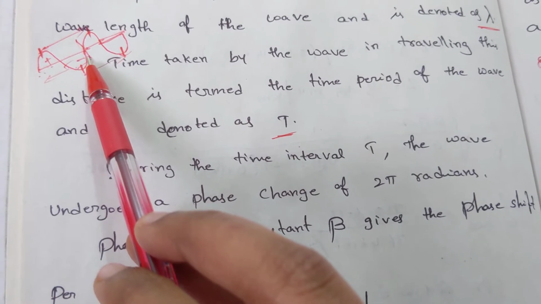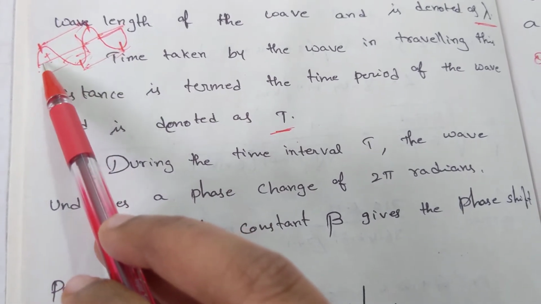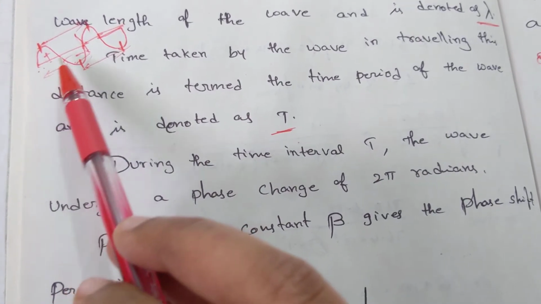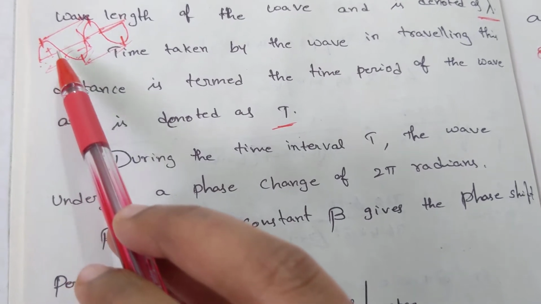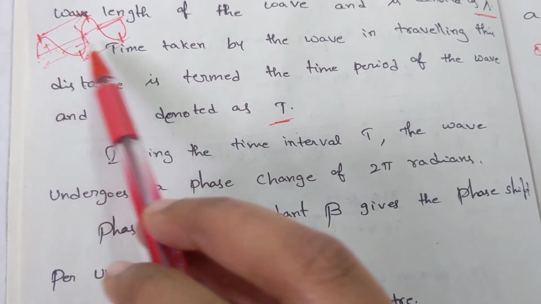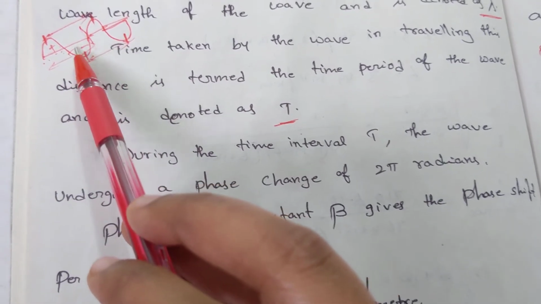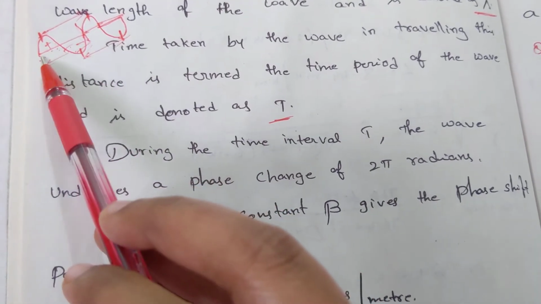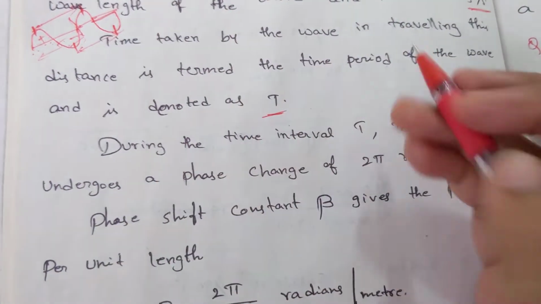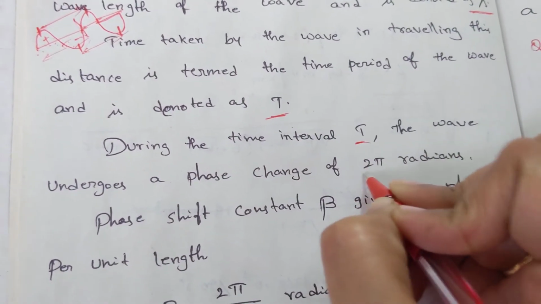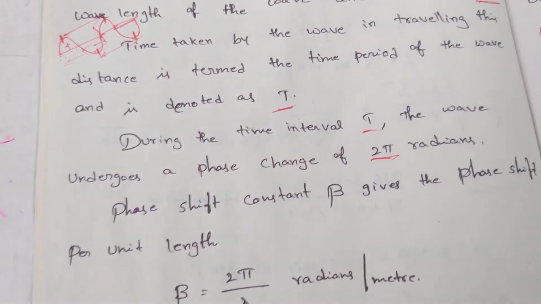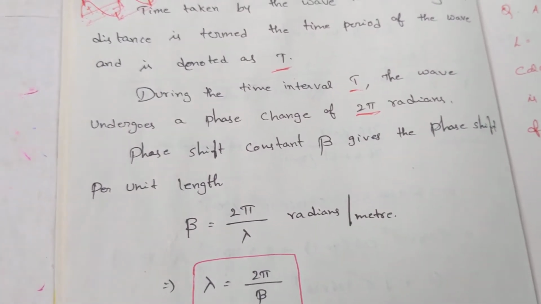In this cycle, let us see how much the phase angle varies. When I take the phase angle on the x-axis, here it is 0. Up to here, for the positive cycle, it is up to 180 degrees. From the negative direction, it travels another 180 degrees. That means in total it completes around 360 degrees in the time interval of T. There is a phase angle change of 360 degrees.